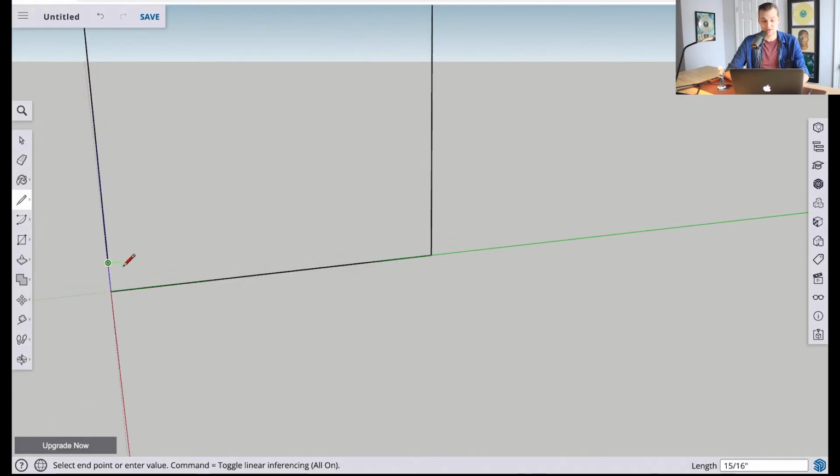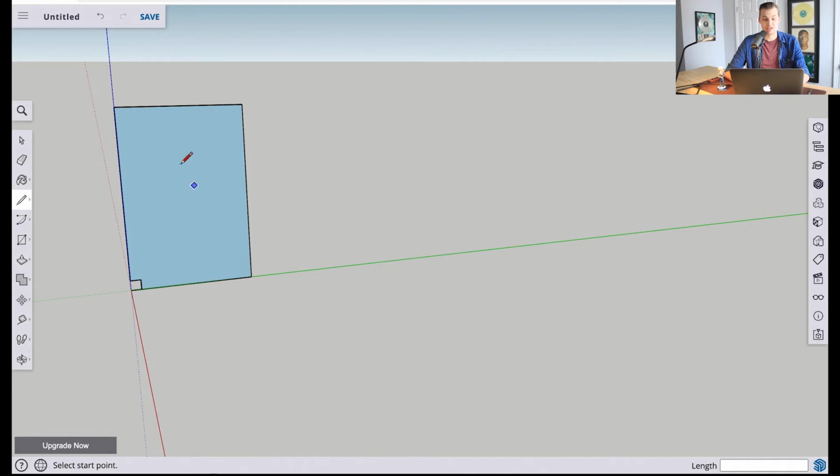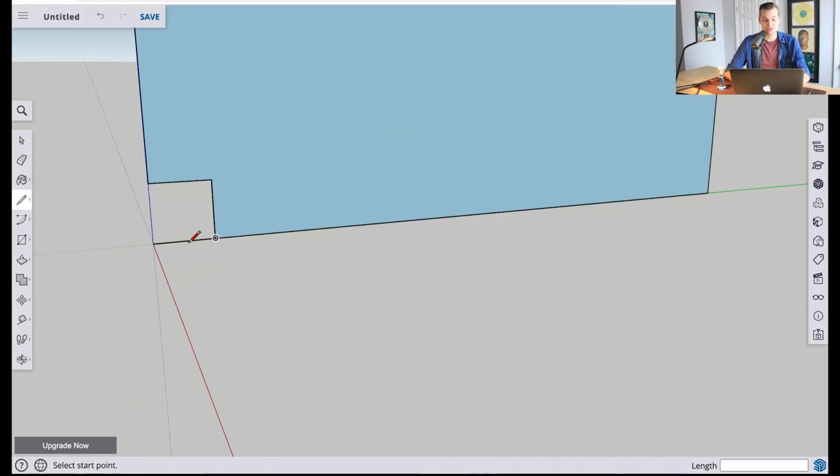Now, to continue this kick plate, I'm going to drag my line parallel to the green axis, hit 2 for 2 inches, and then come down another 2 inches. And just like we did with the boxes, you can see it created a face here, even though this is a more irregular shape. To clean up this drawing, what I want to do is zoom in,